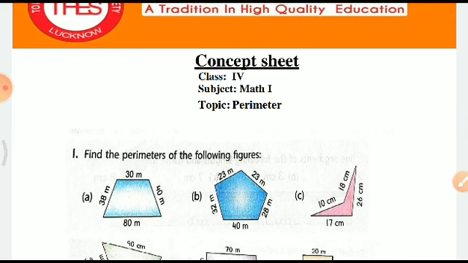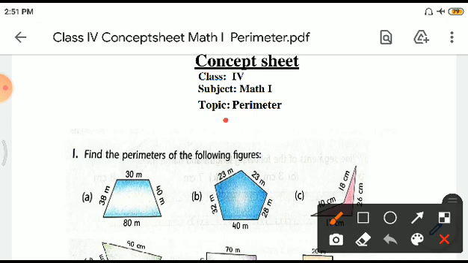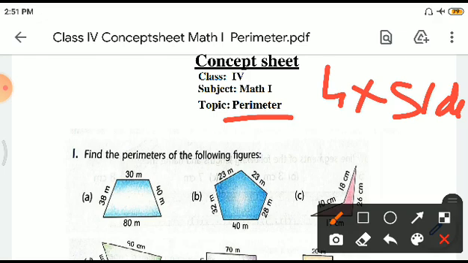So if I ask you what is a perimeter, the answer goes on. Perimeter is basically the sum total of all the sides which that figure has. Right? You have to add. Now there are some formulas of perimeter also. For a square, it is 4 into side. Right? 4 into side. For a rectangle, it is twice length plus breadth. But what you need to do is, it is the sum of the four sides.